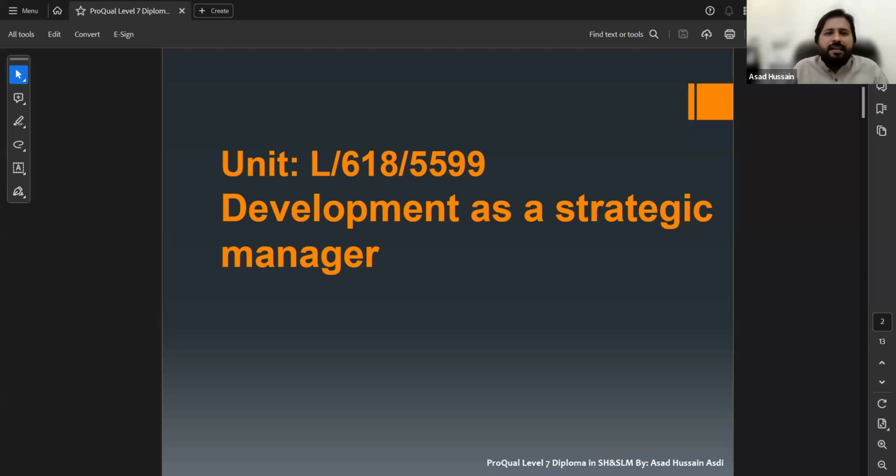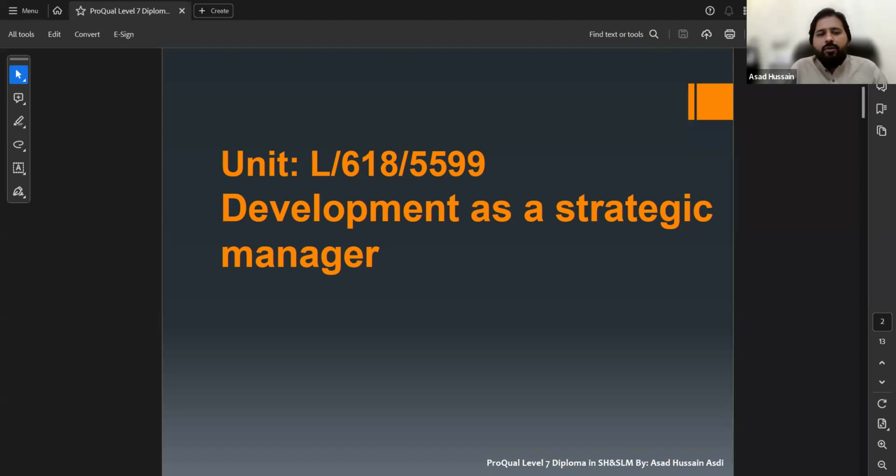So the unit number is L/618/5599, and the unit name is development as a strategic manager.